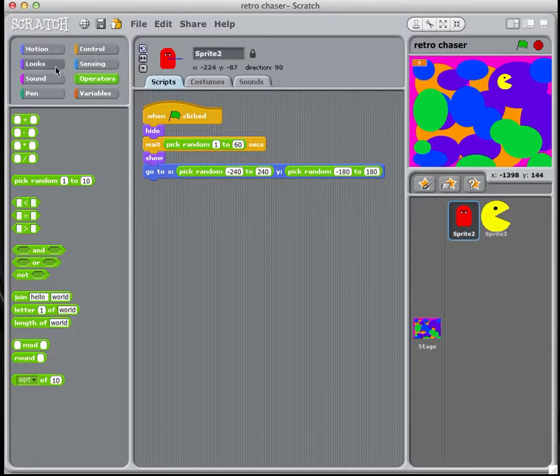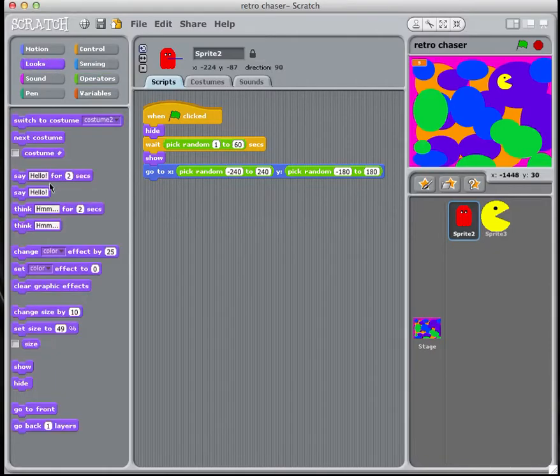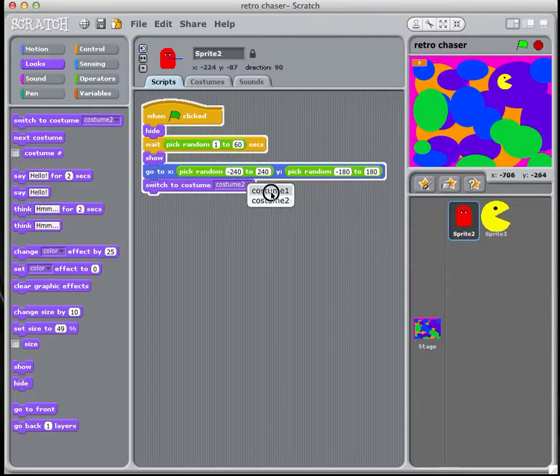And you want it to be costume 1 to start off with. You want to go into looks, switch to costume, change that to 1. So that's what will happen to start off with. It will wait a random time between 1 and 60 seconds and it will pop up at a random place on its first costume. So then you get a forever